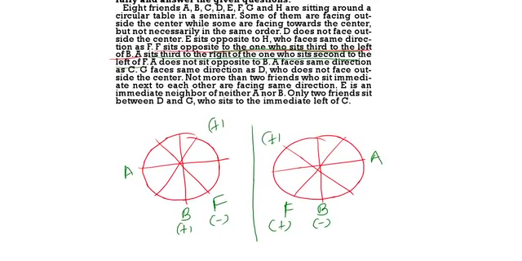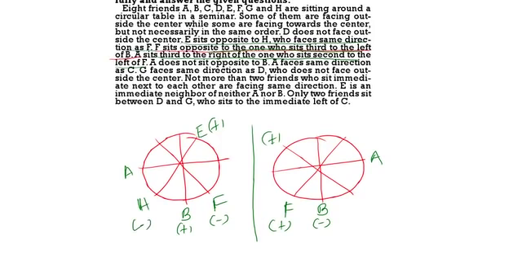E is sitting opposite to the H who faces the same direction as F. H is facing the same direction as F and E is opposite to H. So this is H and this is E. So come to second case. E and H. H is facing the same direction as F. Then